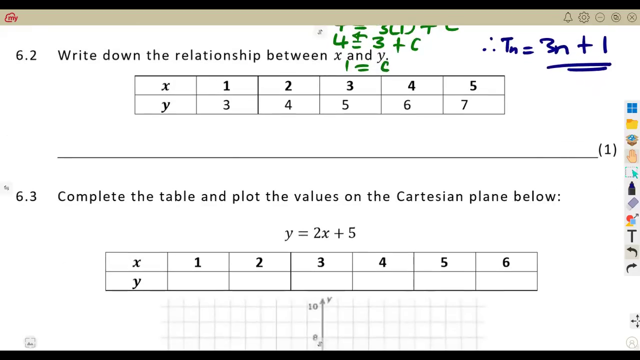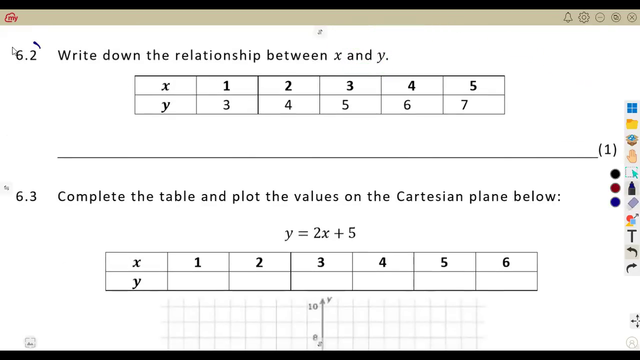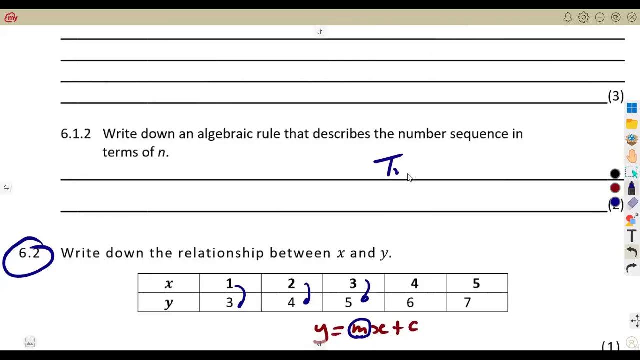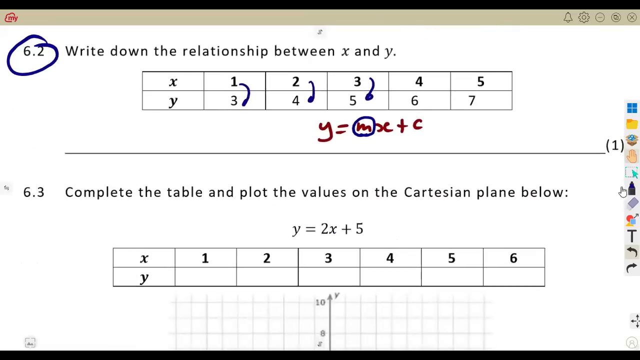Then on 6.2, they want you to write the relationship between these, 1 corresponding to 3, 2 and 4, 3 and 5, 4 and 6, and so on. So we can also use the same scenario of having it in terms of Tn, or you can have it as a function. Remember the issue of a function, y is equal to mx plus c. It is the same, the part that is representing m here is the same as this part that we had when we wrote Tn is equal to 3n plus c. It is a linear sequence. The same thing with this part, it is a linear